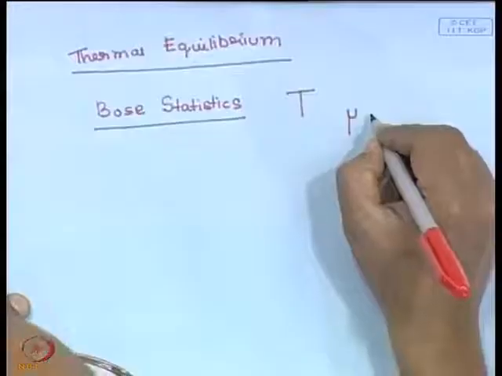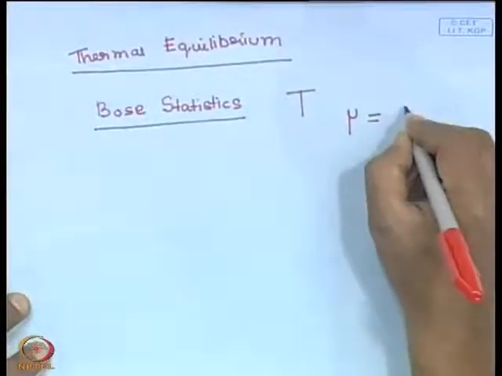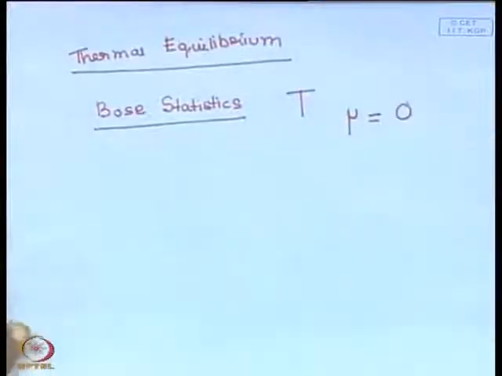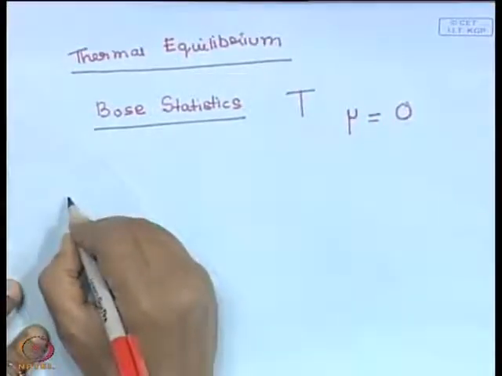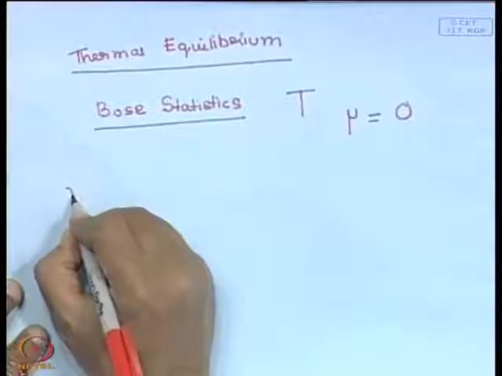So, for bosons whose number is not conserved, there is no conserved quantity associated with the photon. There is no charge; mass is not conserved anyway, but there is no charge associated with the photon. So, these are massless uncharged particles. They have no charge whatsoever, no kind of charge. So, the chemical potential is 0,